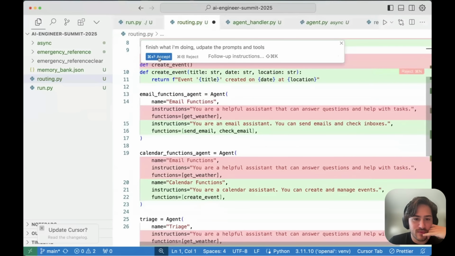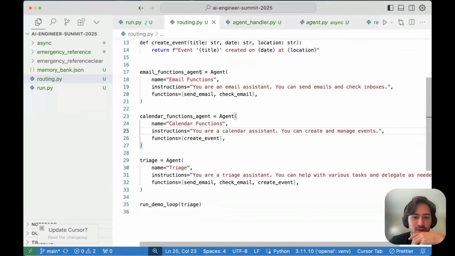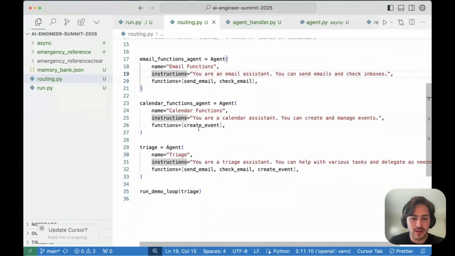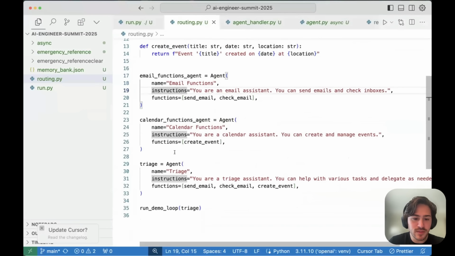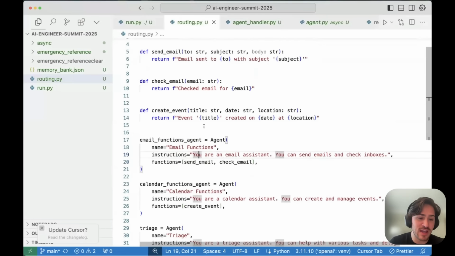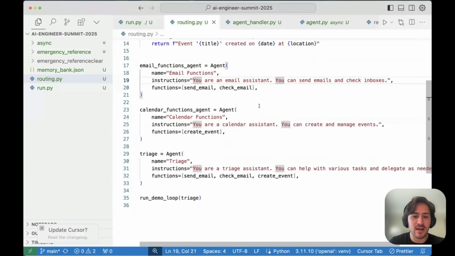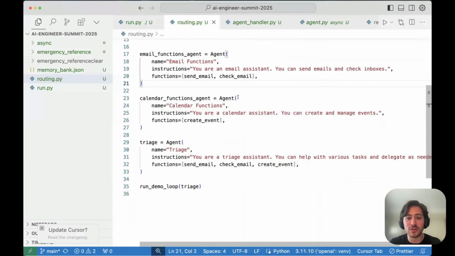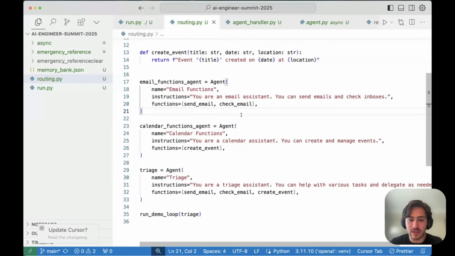Great. So now we have an email functions agent and a calendar agent. Call them whatever you want. Now, let's pretend that instead of just having 3 functions, we have 30, and each one of these has 10 or 15. If you give all 30 to one agent, first of all, try it. If that works, amazing, right? You don't have to deal with the extra complexity. So you don't really want to do handoffs until you really, really need to, through evals.